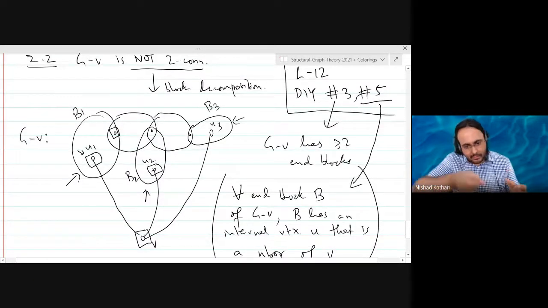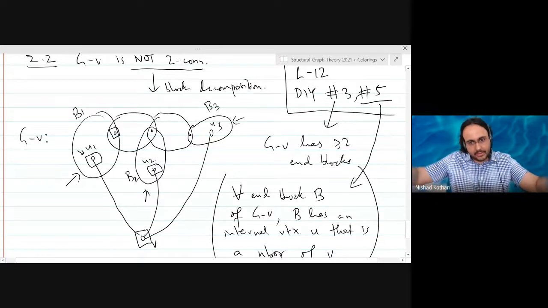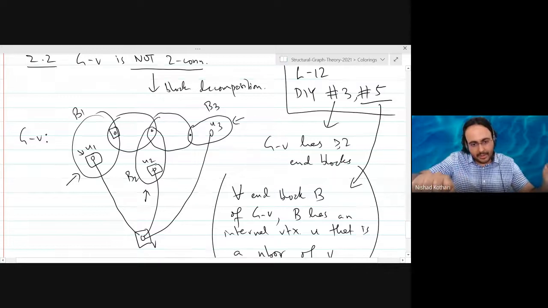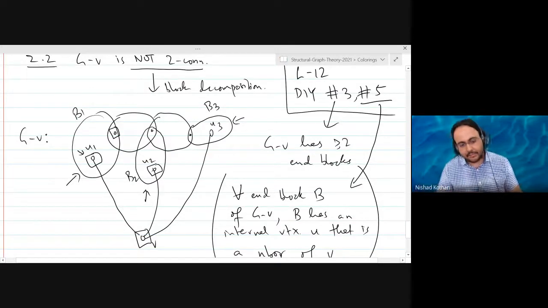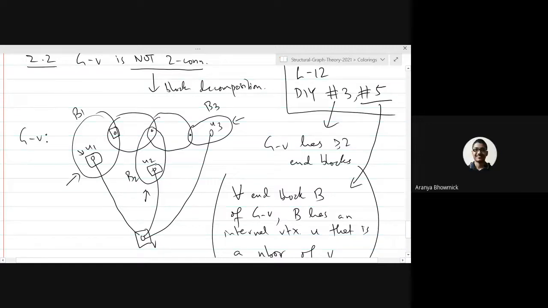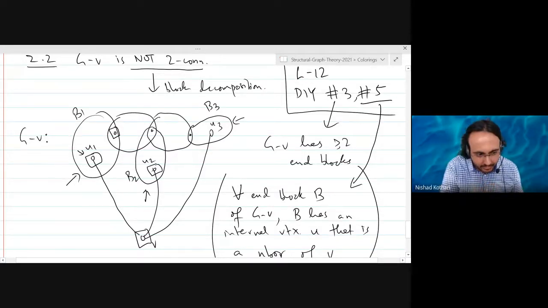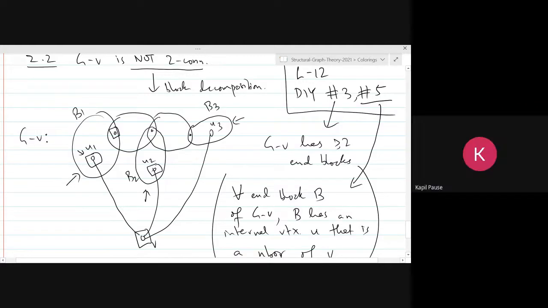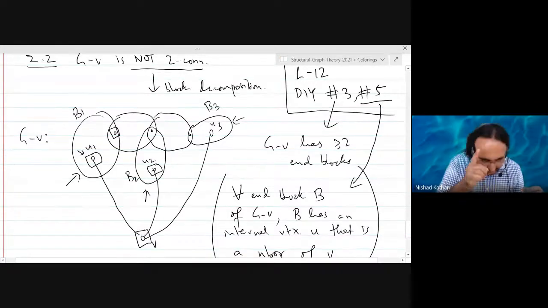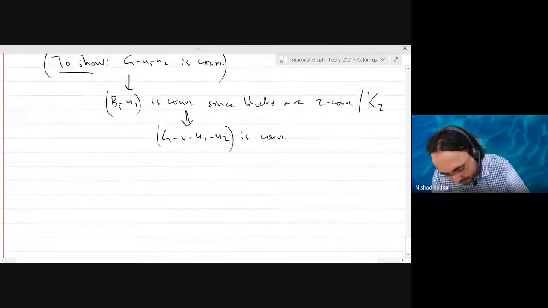You see, we are removing the vertex V and now we are looking at the block decomposition. So when you remove the internal vertices in the end blocks U1 and U2, the graph will still be connected. But now I want to put the vertex V back into the graph and say that this is still a connected graph. It is actually very easy. Was it Kapil? Can you say it? Because V's degree is greater than or equal to 3, right? Exactly. Because the vertex V has degree at least 3, it will have some neighbor different from U1 and U2. And so it will connect to the remaining graph. Right? Do you agree?